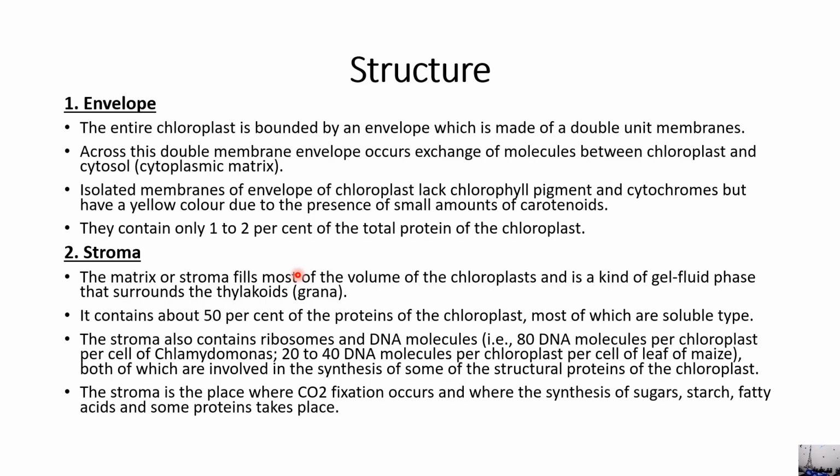So the stroma also contains ribosomes and DNA molecules, like 80 DNA molecules per chloroplast per cell of Chlamydomonas, 20 to 40 DNA molecules per chloroplast per cell of leaf or maize, and both of which are involved in the synthesis of some of the structural proteins of the chloroplast. The stroma is the place where CO2 fixation occurs and where the synthesis of sugars, starch, fatty acids, and some